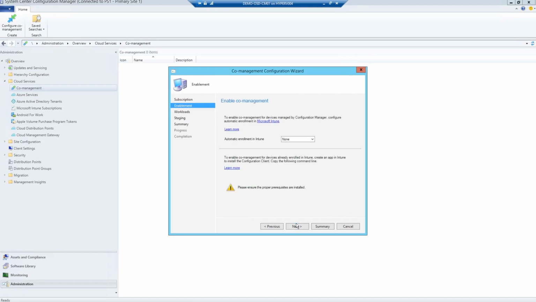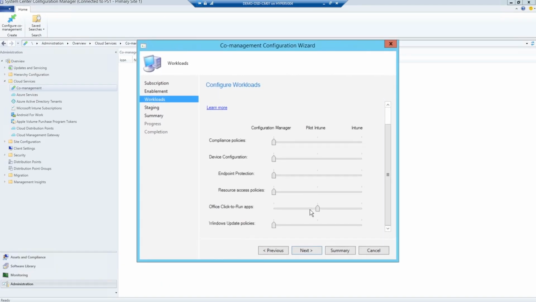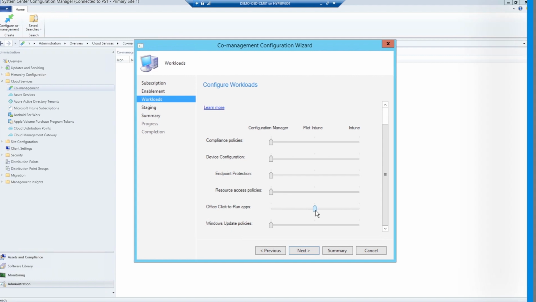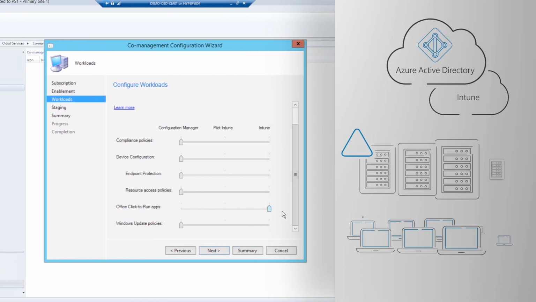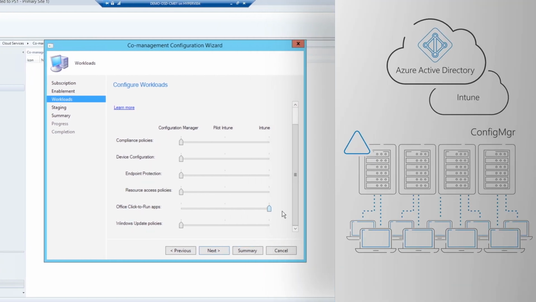Finally, Microsoft Intune, which serves as a cloud-based management service for mobile scenarios, including iOS, Android, and Windows devices, can now be configured for co-management to complement and extend controls for specific workloads in System Center Configuration Manager. One advantage here is that devices accessing protected resources can be required to enroll into device management, even non-managed, non-domain joined, and non-Azure AD joined devices.